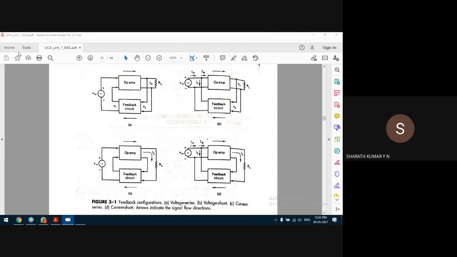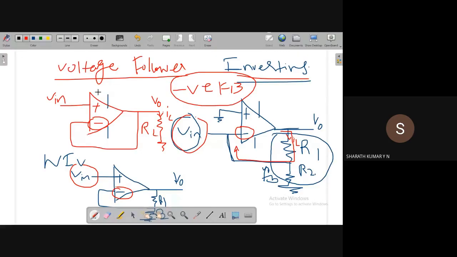The example for this is the inverting amplifier. This is the example for both the voltage series feedback as well as the current series feedback. So the current is in series with the input voltage applied. Now the question is, how do we know the current is in series? Because the output is an inverted version of the input voltage, which we measure with respect to voltage. When we consider current, the direction of current is like this, and it flows into the inverting input terminal of the op-amp.